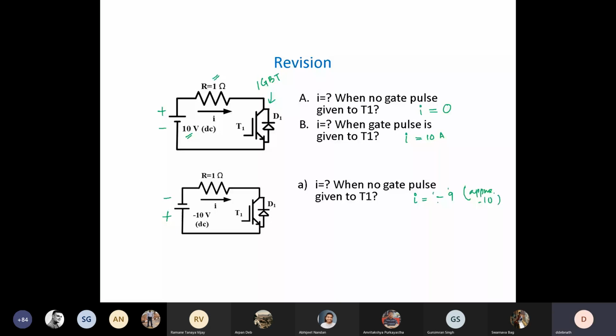And who conducts? Diode conducts, right? So in our mind, let us assume that there are two things going on in parallel. One is the switch, another is the diode. Okay. So if I call it, let's say, I switch, and this I call maybe ID. So basically, it will be minus ID. Diode conducts.